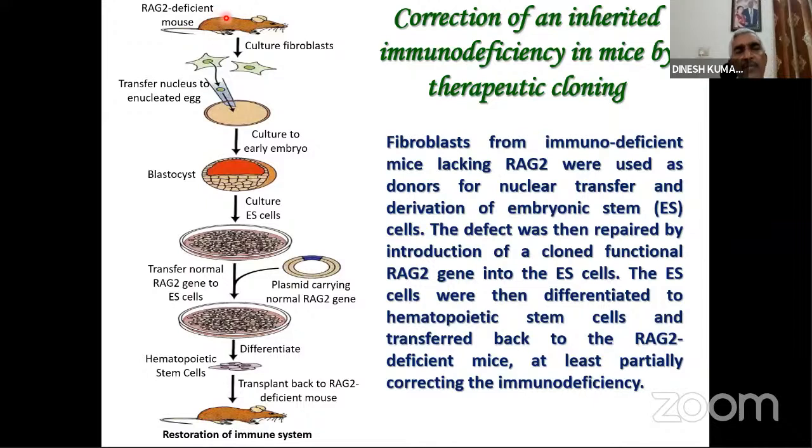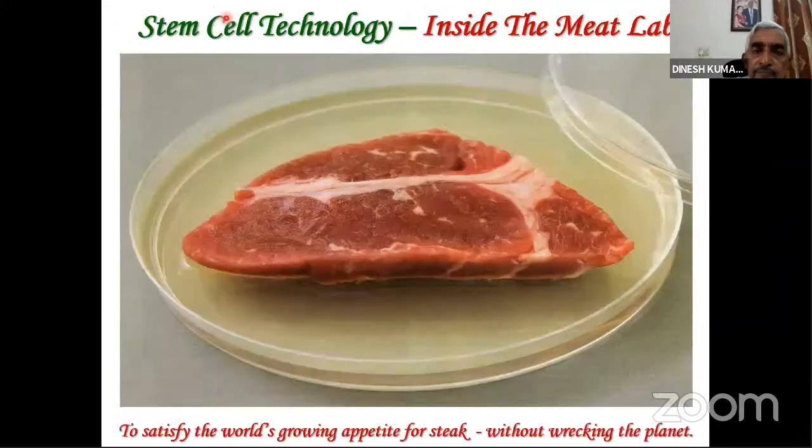So in this way, you can correct inherited immunodeficiency. You can correct diabetes, whatever the disease, any genetic deficiency can be cured by this. This is the therapeutic use of it, and one thing is very important, that